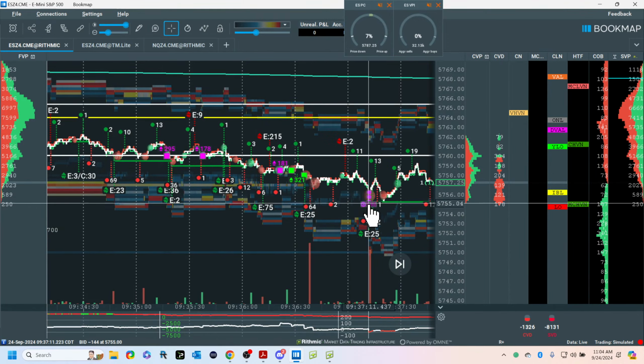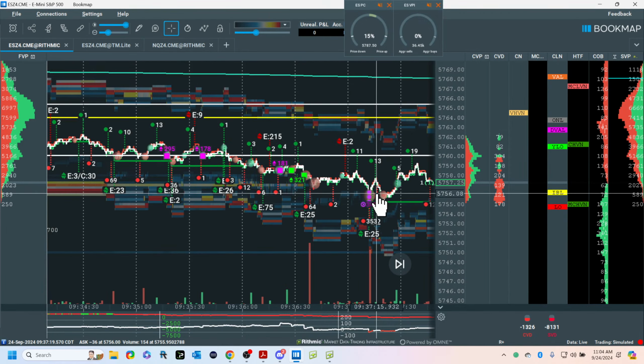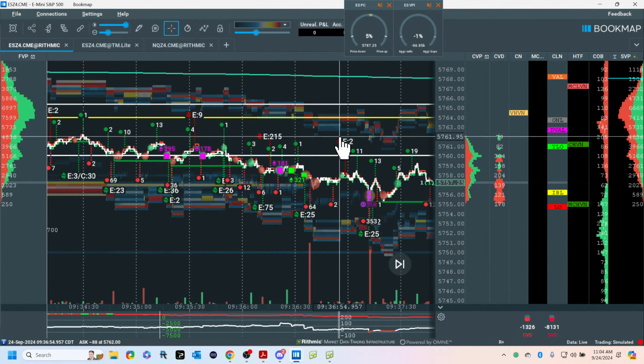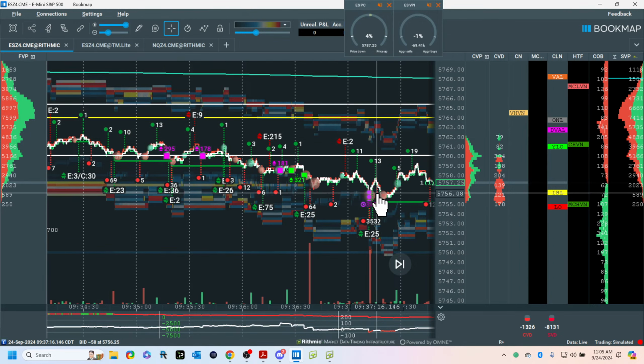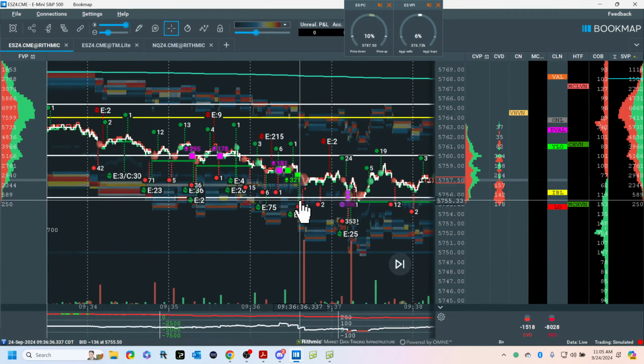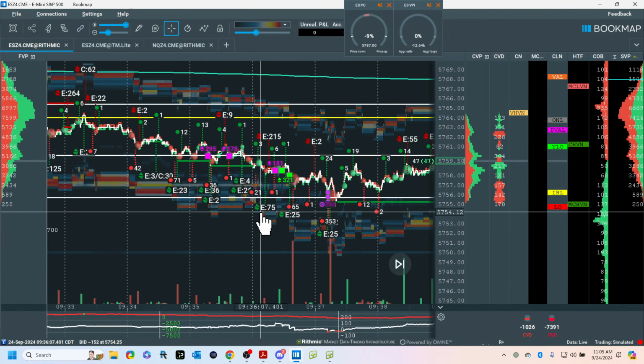So this is absorption. Now, I know that's absorption, and there's my location. So I'm going, and I have a structured trade here, long to there. That's where this trade starts. That's the first target. It's called mean reversion. So here I'm looking for a long. Now I'm going to show you micro high volume. This is how I kind of look at this stuff. I'm going, well, I see my volume here. I got my sweep. I got my absorption. And here's my location. So it's a long. So let's look at it.